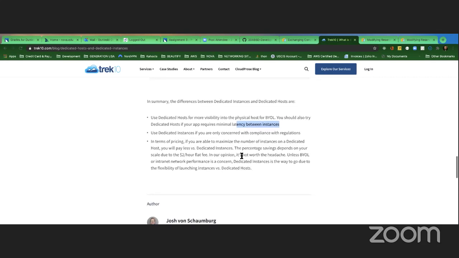In our opinion, it's not worth the headache unless bring-your-own-license or network performance is a concern. Dedicated instances is the way to go due to the flexibility of launching instances. When it comes to flexibility, a dedicated instance is just like an instance, but it's dedicated. So when you come here,